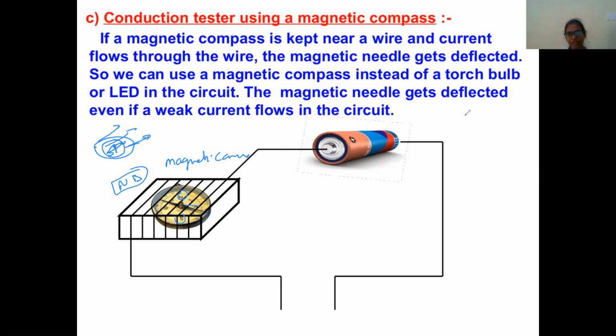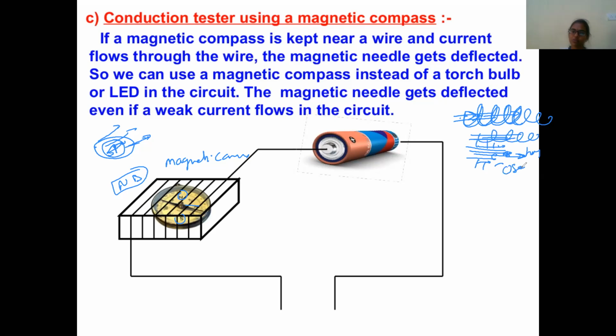In any conducting wire, imagine a current-carrying wire. If current is moving in this direction, a magnetic field is produced around it. Why is it produced? You know the speed of electrons; they are moving at very high speed. Imagine a train moving at high speed: the air particles around it also try to align in the same direction and rush along. That is nothing but the magnetic field. The alignment of particles happens around the conducting wire. If a high current is moving inside the conductor, a magnetic field is produced around it.